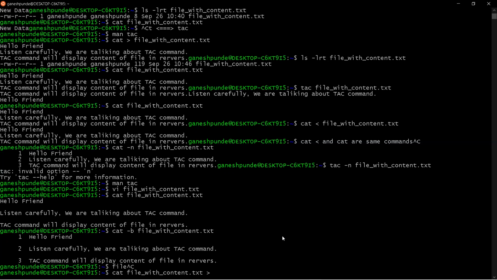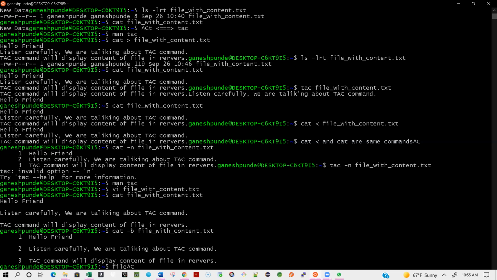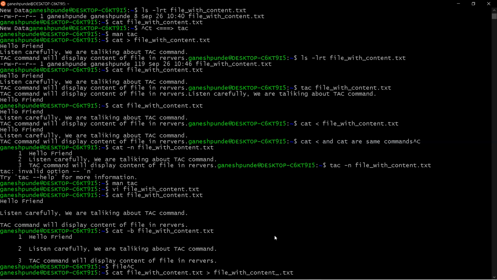What I will say is cat file with content, and I can say file underscore with underscore content, and I can add something like today's date. Let's say today's date is 26 September 2021, right?